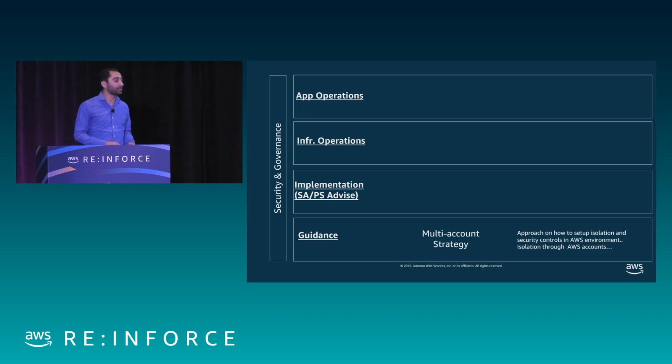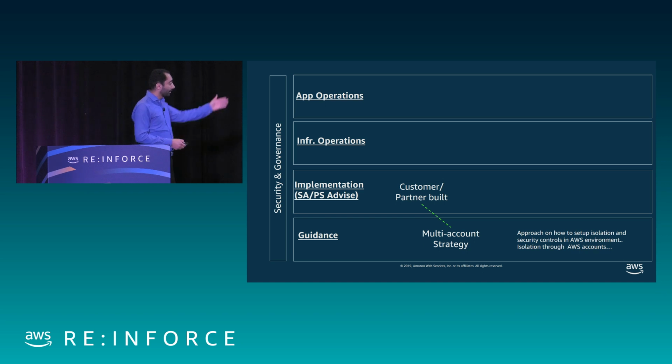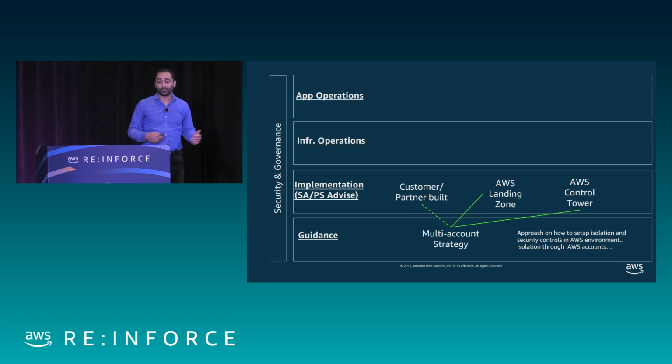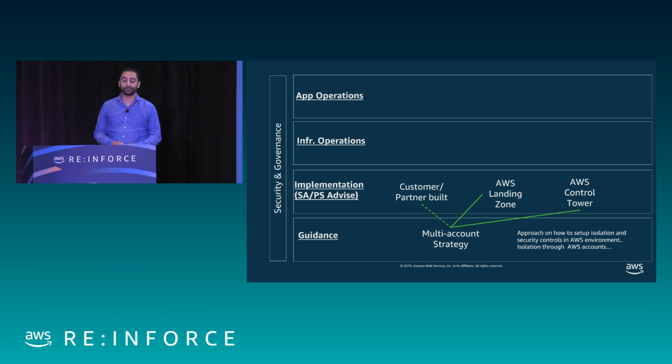2018, we used the landing zone name, but it was the same thing, architecting security and governance across your landing zone. Then we decided in early 2018 to give you some implementation, which was the AWS Landing Zone. But many of our customers might have built their own landing zone already. Some may not like it or maybe they love what they have and they use it all the time. So they might have built one, whether it's based on the multi-account strategy or their own things. We came out with AWS Landing Zone, which implements the multi-account strategy best practices. And now Control Tower, built on the landing zone build and that same guidance to make things happen.